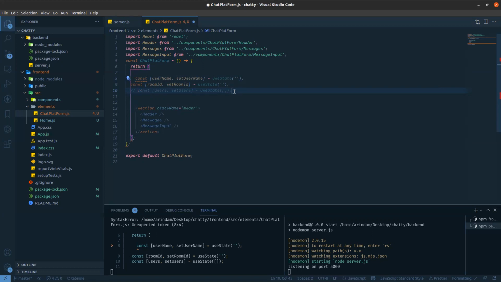We are not going to show it, we just console it. This is kind of an assignment for you. You can create some UI above this chat UI to show the online users, looping through all the users, because I am storing them in an array.